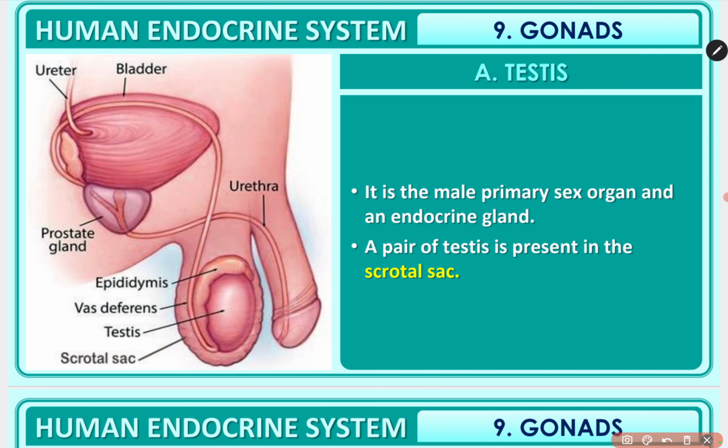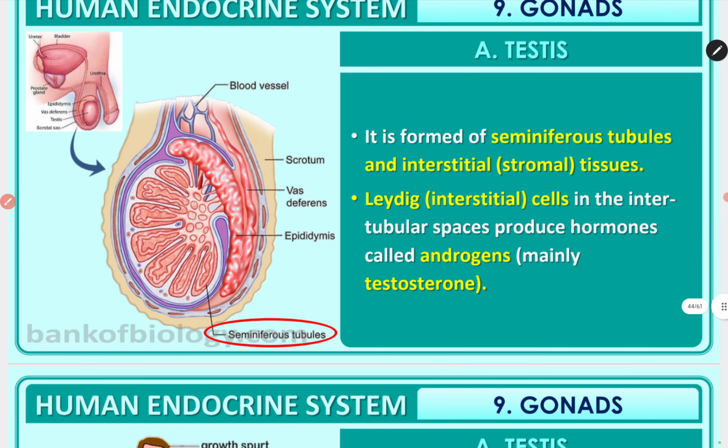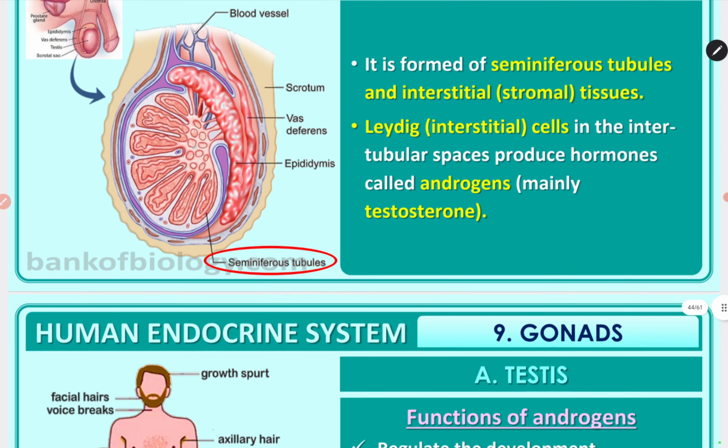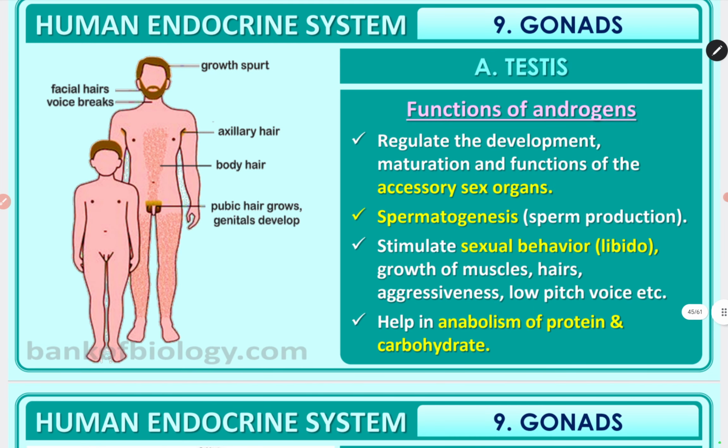Outside of the abdomen, male body. It is formed of seminiferous tubules and interstitial stromal tissue. Inside the testis you can see there are many seminiferous tubules and interstitial stromal tissues are also there. Leydig cells in the intertubular spaces produce hormone called androgen, mainly testosterone. Leydig cells, remember. And the functions of the androgen regulate the development and maturation of functions of the accessory sex